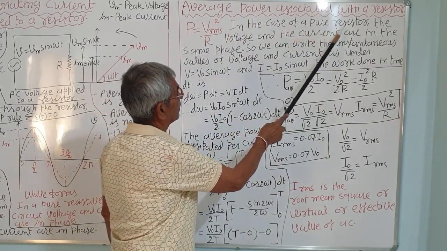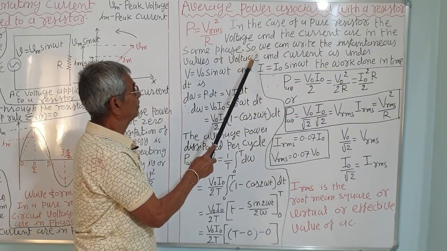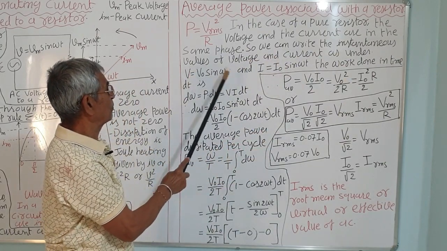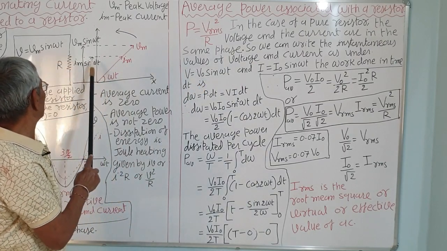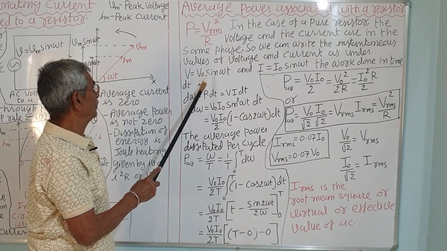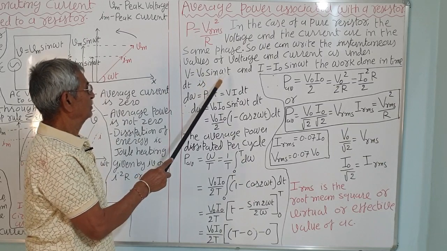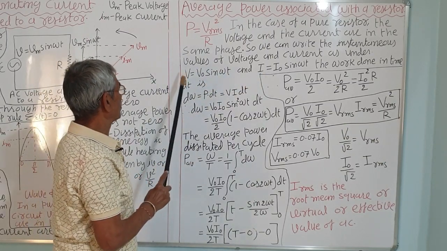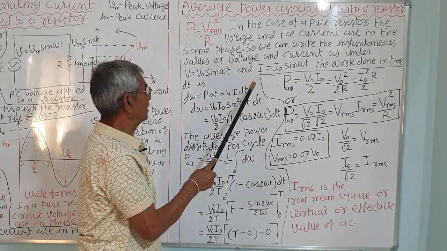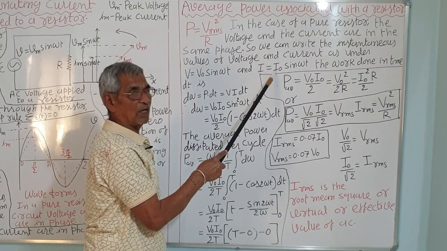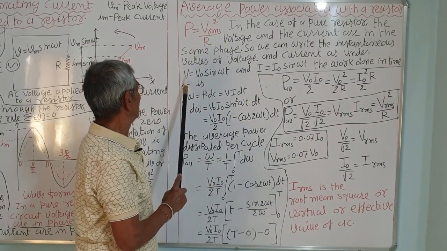Then in the case of a pure resistor, the voltage and the current are in phase, as we have studied just now. So we can write the instantaneous values of the voltage and the current as under. Instantaneous value, that is current at any time, can be given by this equation. V is equal to V0 sin omega t, or Vm also, you can say Vm, and I is equal to I0 sin omega t. In your book, small v is used, here small Vm is used, here small i is used, and here small Im is also used. These are different symbols, so just note it, don't confuse.